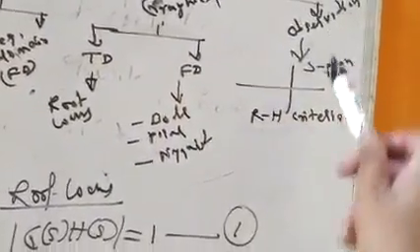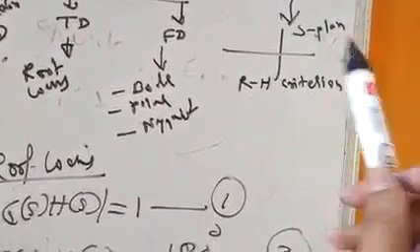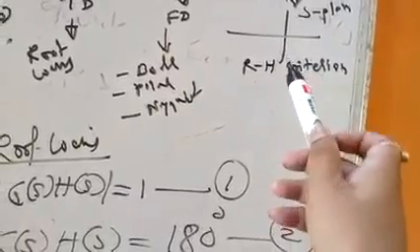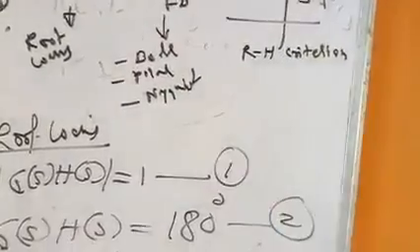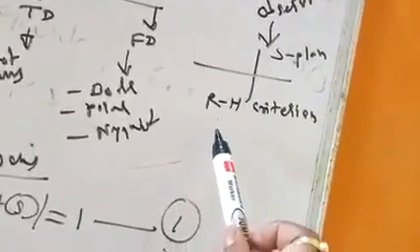In observation, we observe the roots of the characteristic equation in the S-plane, and there are various concepts. If the roots are in the left half of the S-plane, the system is stable; in the right half of the S-plane, it is unstable; and on the axis, marginally stable. Here we already studied the RH criterion, which is called the Routh Hurwitz criterion.